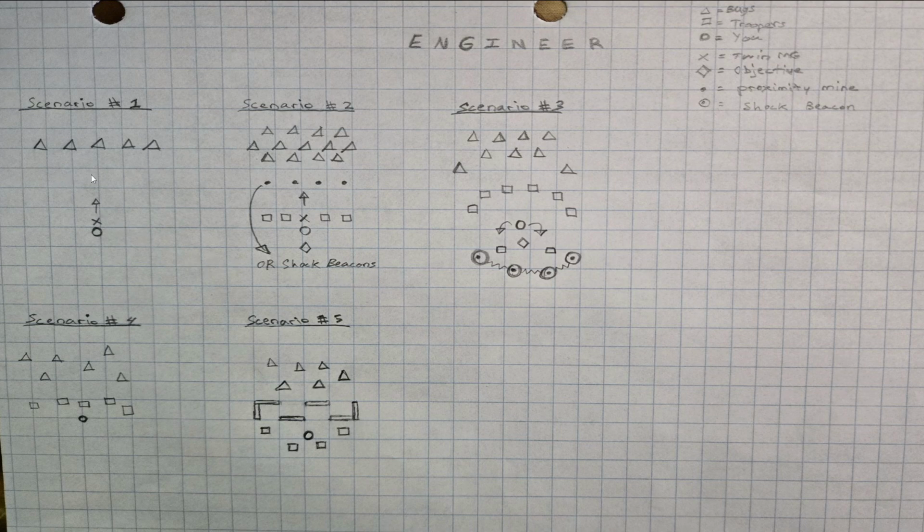Okay, so scenario number 1. Take, for example, if you're in an open field, which is a very bad position to be in, but you're kind of just on your own and no one else is really next to you. What you can do is use your class ability to create a twin MG and start mowing the bugs down, taking as many of them down with you as possible